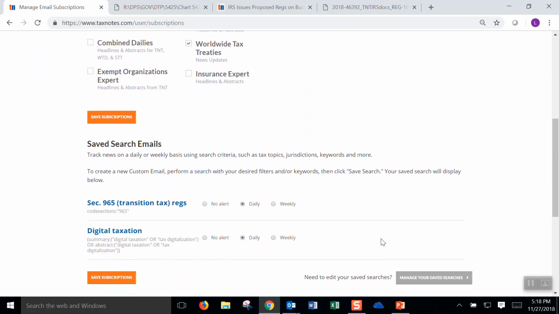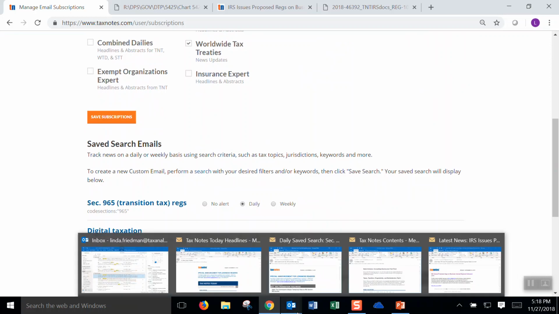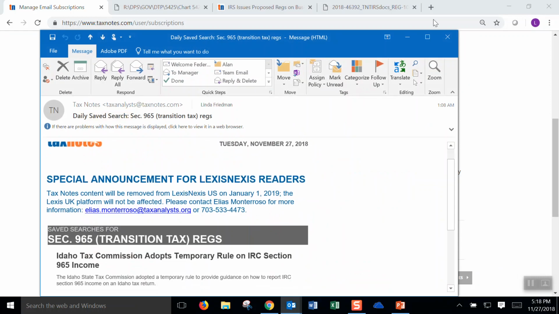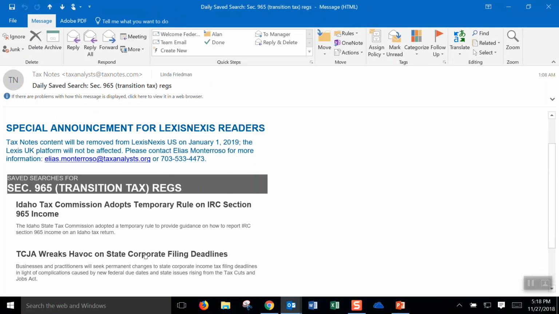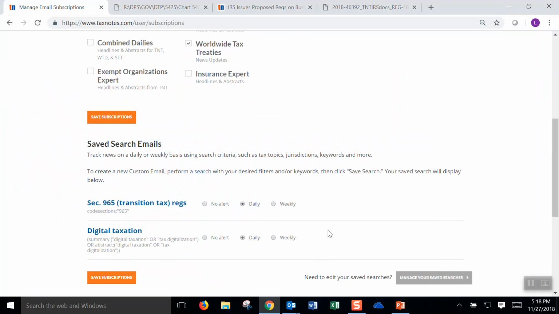Now, you can see that in addition to these standard news emails, I'm tracking these 2 specific topics in tax. I've set up alerts for myself, and I'm receiving new material daily. These are similar to the alerts that you would set on Lexis. What you'll receive is an email. In this bar is the caption for the email. This is the name of your saved search, and then you can click through and open your articles or documents. These work very similarly to how you would set up an alert with Lexis through a saved search.